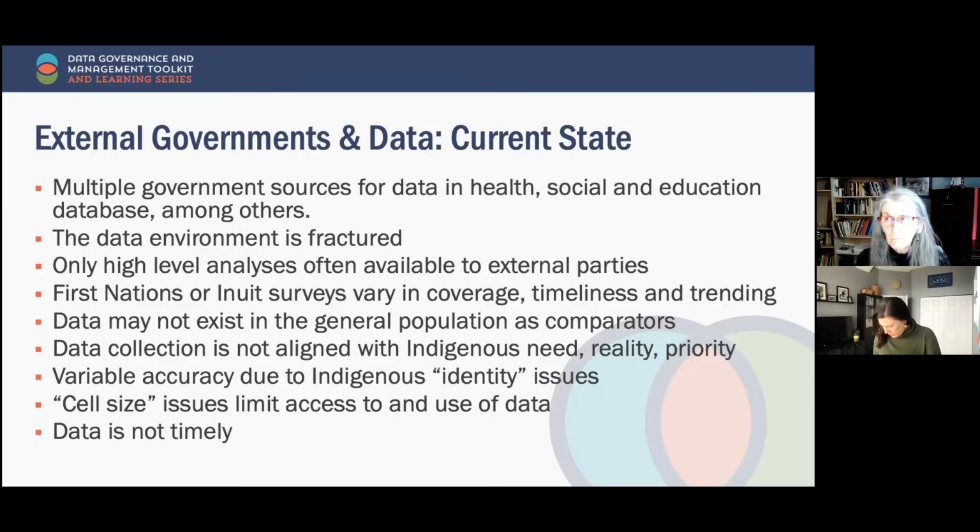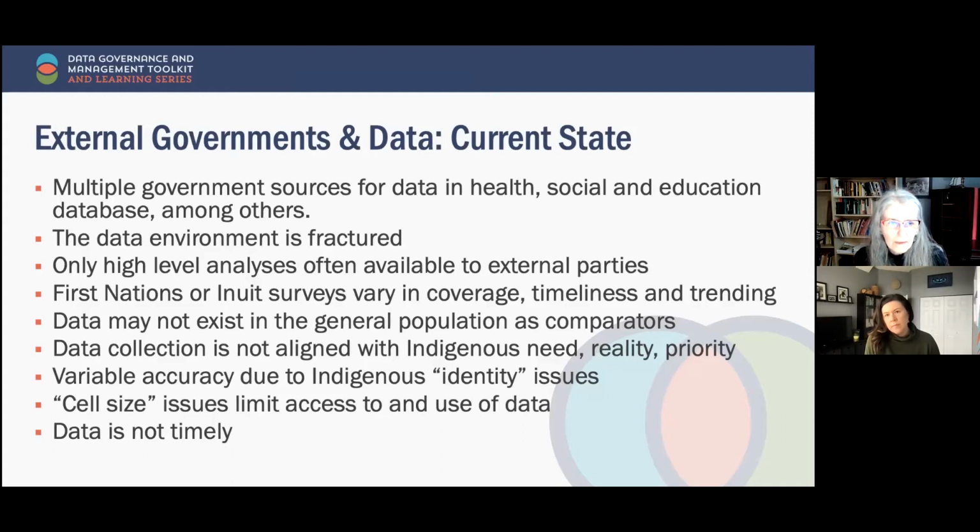Where you come up against a bit of a hard wall there, because with comparatively small populations, if you want to, I call it slicing and dicing, if you want to look at age, and maybe the gender of the person and the age of the person and maybe some other variables, all of a sudden your number of people get smaller and smaller and run up against the cell size issue.